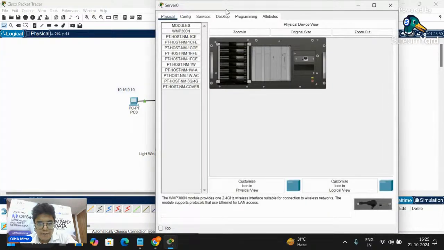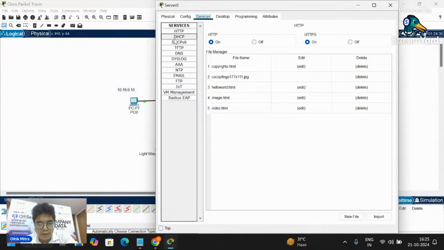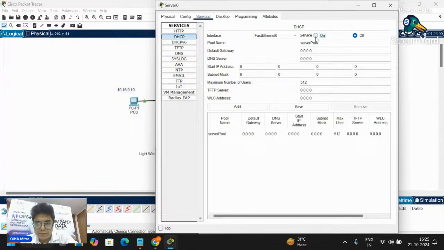Now we will set up the server also. First, let me turn on the DHCP. The pool starts from 10.16.0.101, subnet mask 255.0.0.0, and maximum devices suppose 256. For the WLC address, we need to specify 10.16.0.2, and we save it.